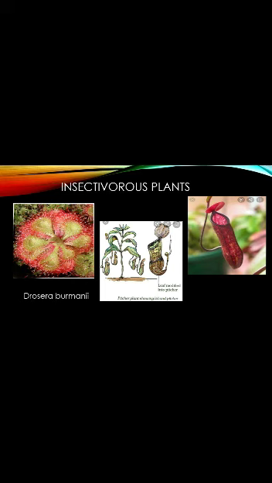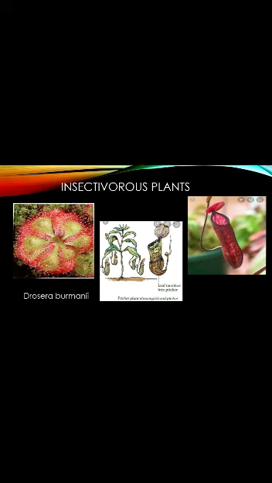The plant body of Drosera burmanni has a flower-like appearance. See, in this picture I have shown you that Drosera burmanni is the plant whose structure is like a flower, and it grows close to the ground. Its leaves are attractively pink or red in color with hairs at the margin. Droplets of a sticky substance found at the tips of the hairs attract insects. So its attractive color and structure are very attractive so that insects are drawn towards it.